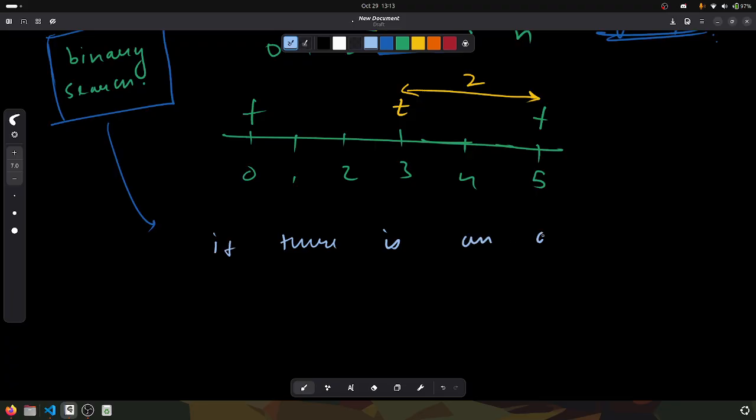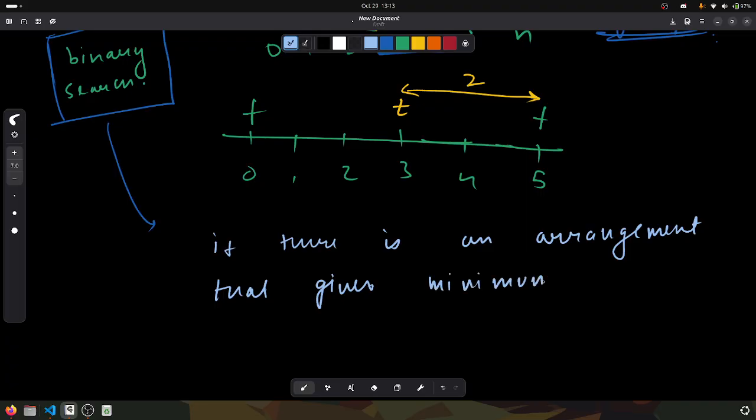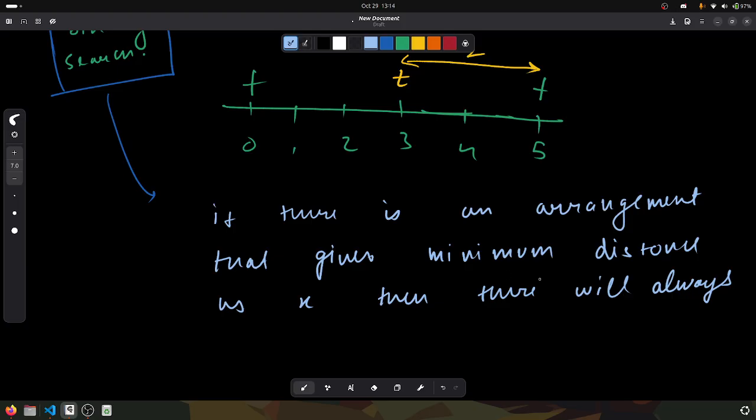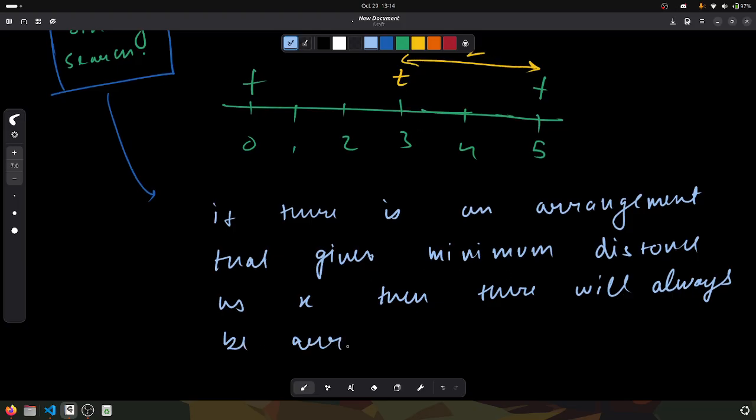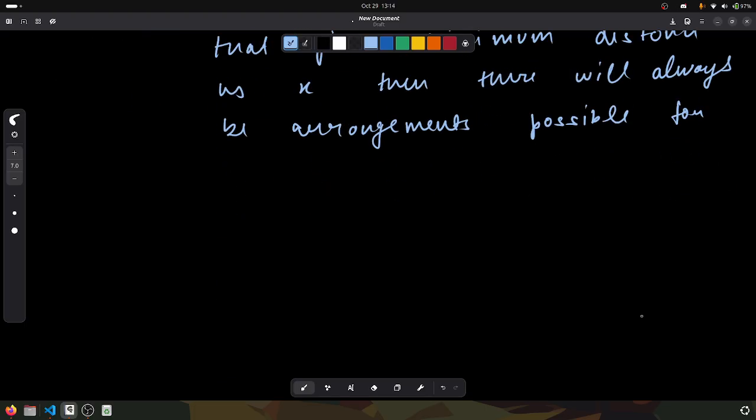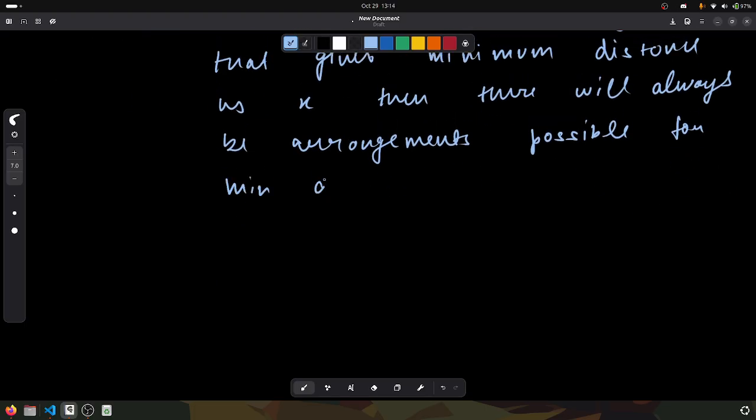that if there is an arrangement that gives minimum distance as x, then there will always be arrangements possible for minimum distance less than x,